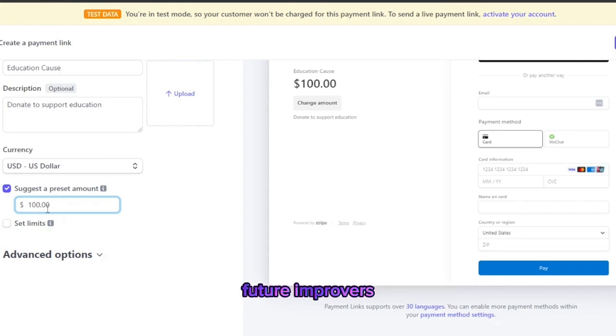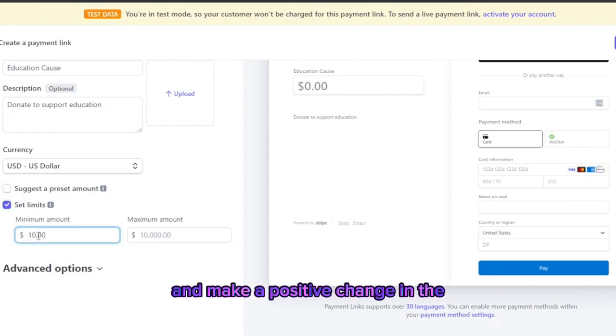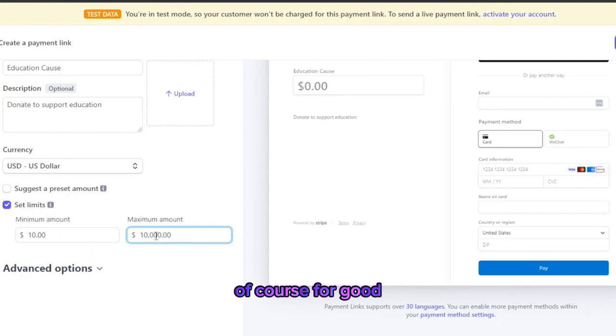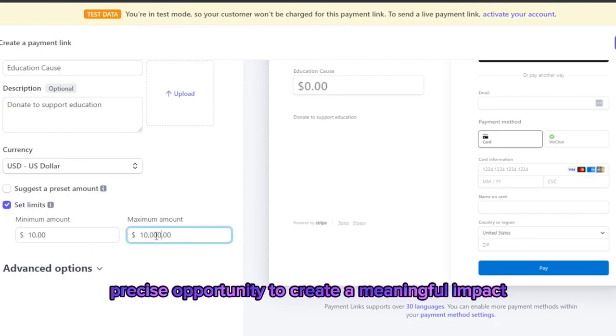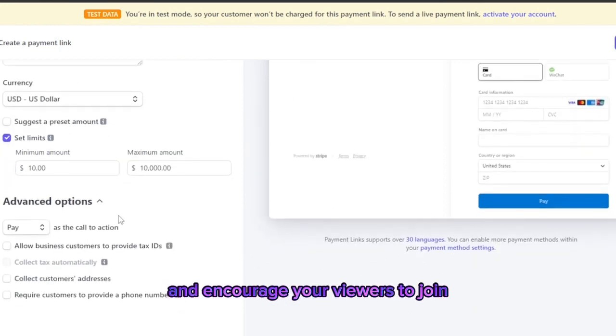This feature empowers content creators to use their platform for good by raising funds and awareness for important causes. By following these steps, you can set up a successful donation campaign and make a positive change in the lives of those in need. Remember, your influence as a YouTuber can be a force for good. Seize the opportunity to create a meaningful impact with your content and encourage your viewers to join you in making a difference through